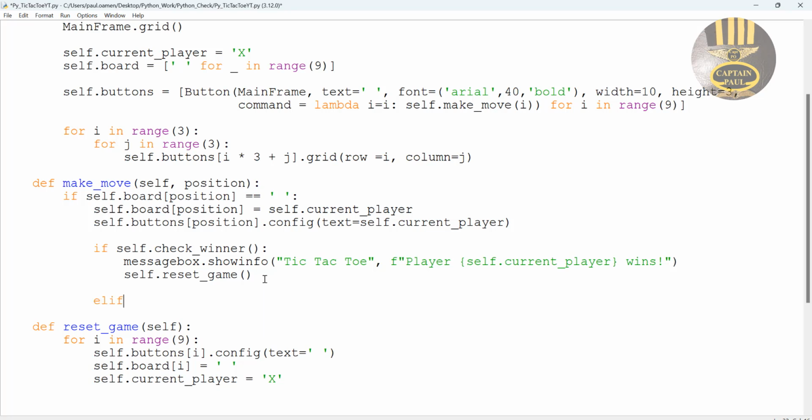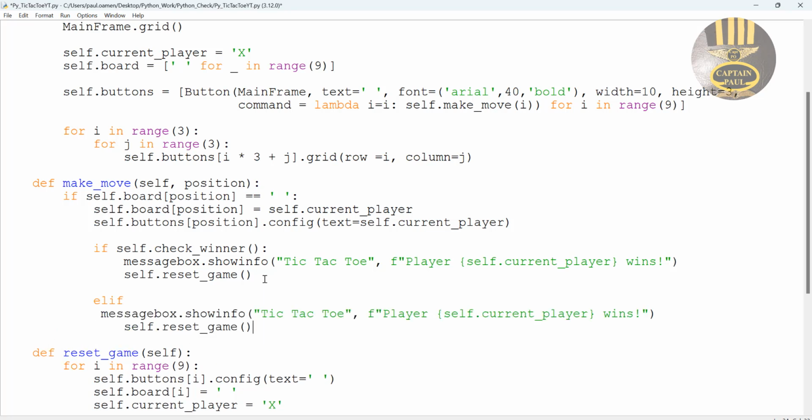Else if this is empty, not in self.board,